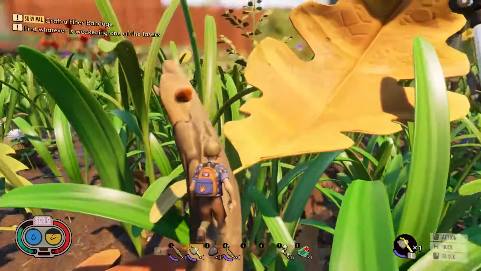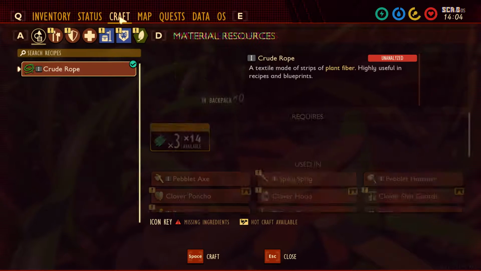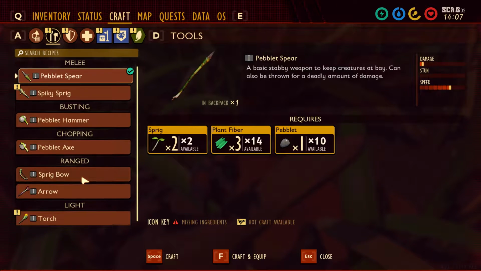Alright, let's focus. Okay, I need to build a hammer, because when I'm down there, there's one piece of quartzite that I want to get. And what do I need for a hammer? Just sprigs and rope. So...